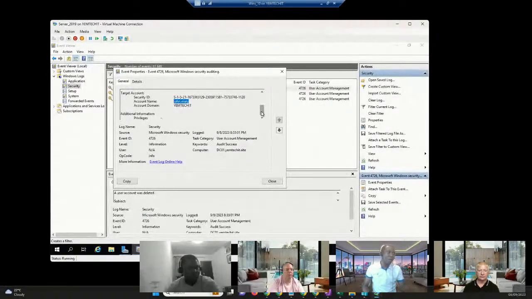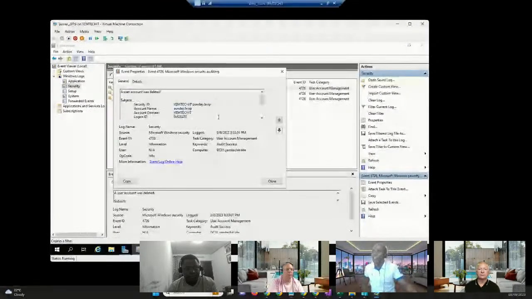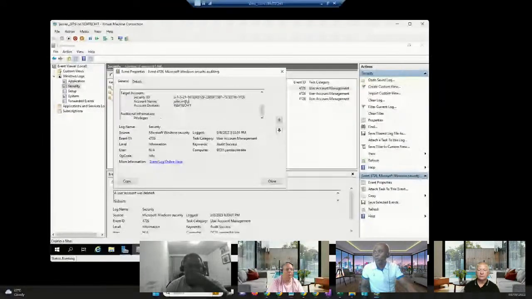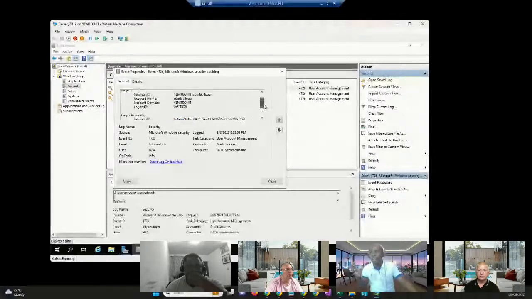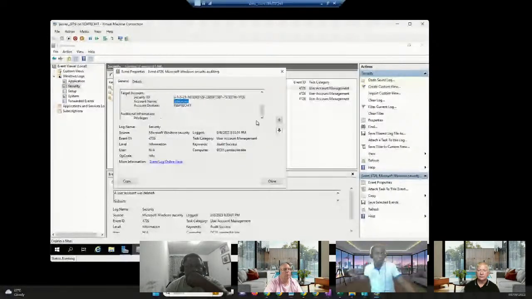And I actually did my own research, and I saw that yes, it's actually possible to track whoever deleted a user in our OU account. So you can see here that this particular user, Sunday, actually deleted this user. And remember, before now, I've set up the RSAT tools already. I've installed the RSAT tools and everything, because if you don't set it up, you can't, because we are not